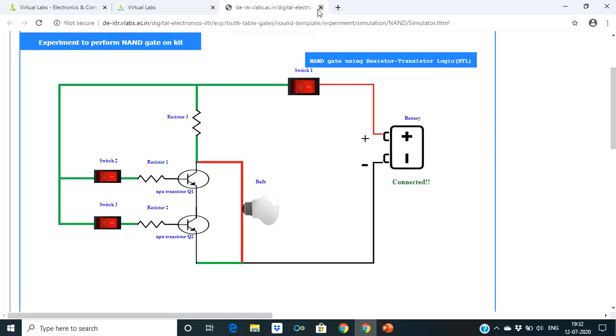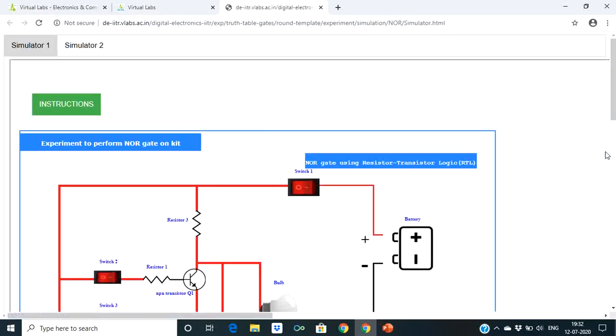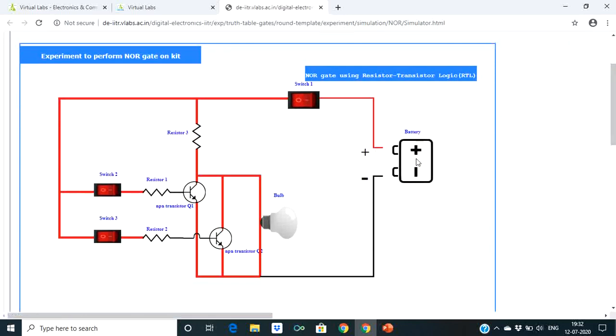Then coming to the NOR gate. For the NOR gate also, you will connect the battery, you will switch on the power supply. With 0 0, the NOR gate will give high. The NOR gate will give high only when both the inputs are 0.